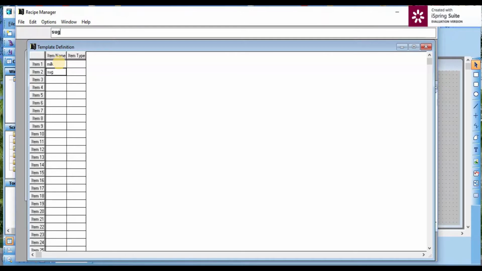Second is sugar, third is powder, fourth is chocolate, fifth is strawberry, sixth is vanilla, and last is mixed nuts.